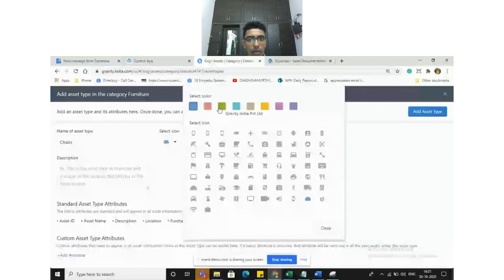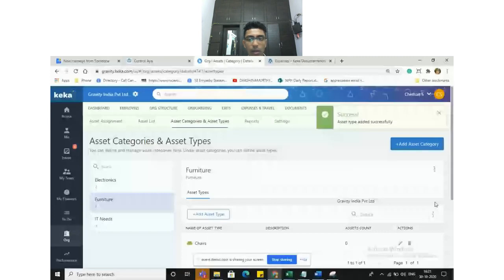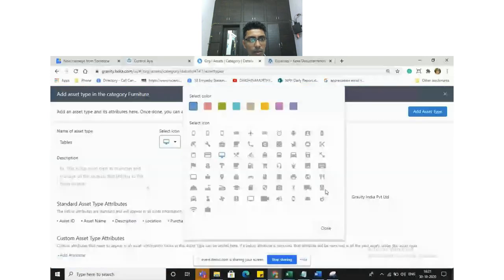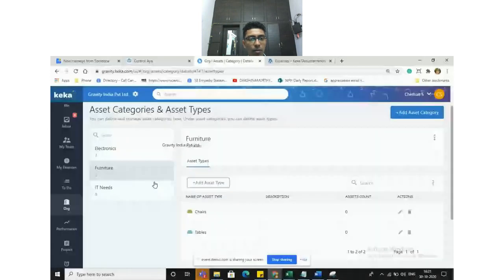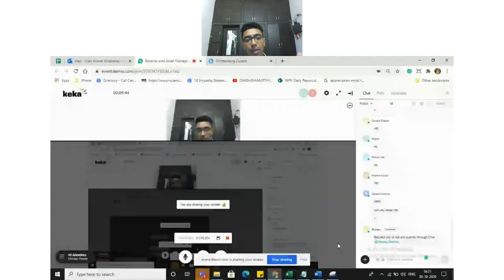Let's go with this. Likewise, once we add the categories and then the asset types, you can start allocating the asset list.